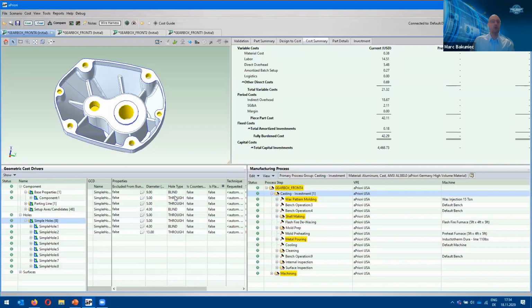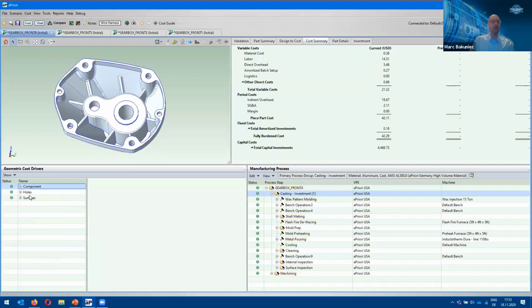Is it a blind hole? Is it through the part? What diameter does this hole have, etc. And based upon this information being pulled from the 3D CAD model, aPriori is then capable, with the cost models that are being applied in the background and the logic, etc., to then